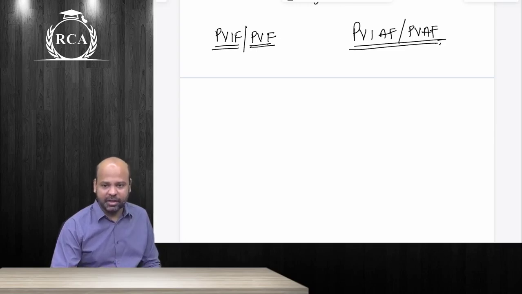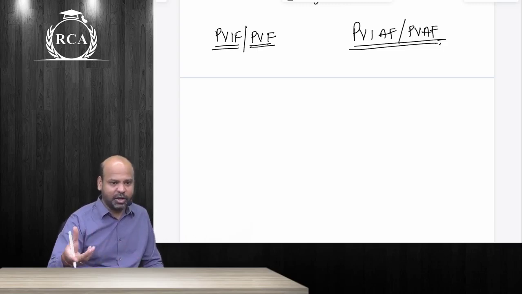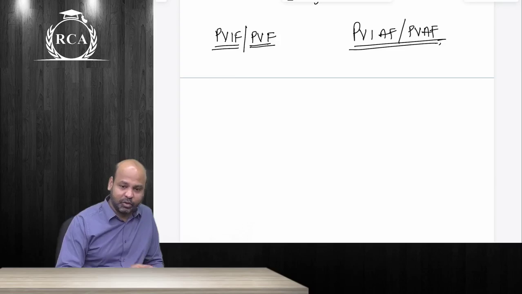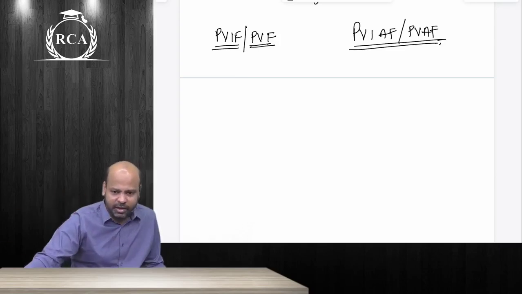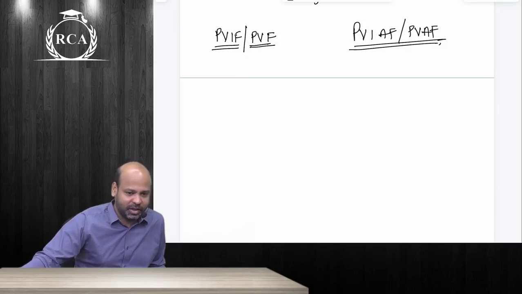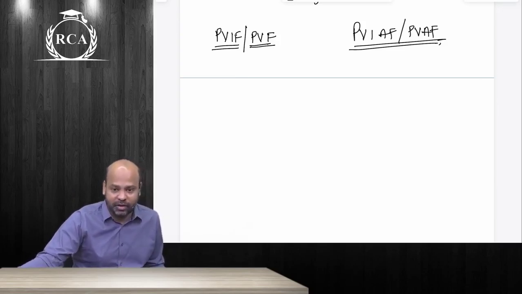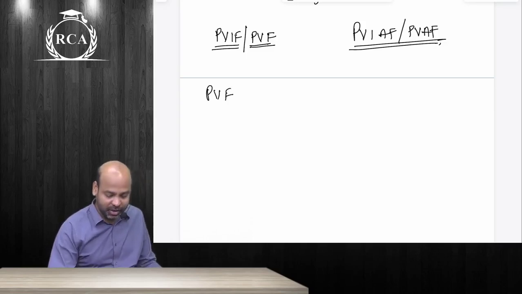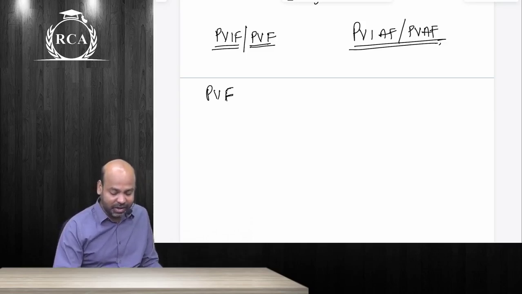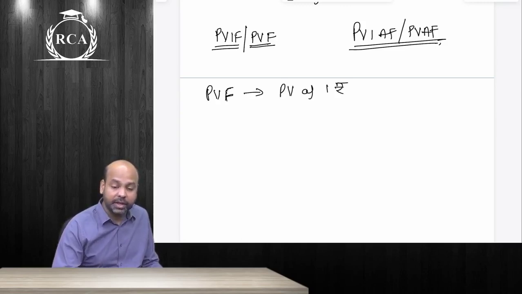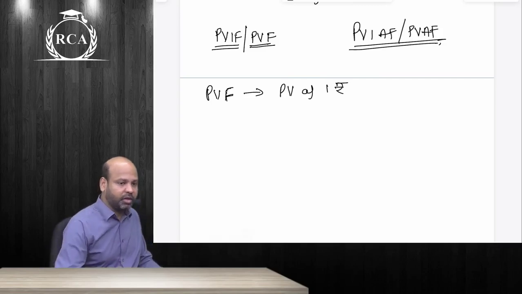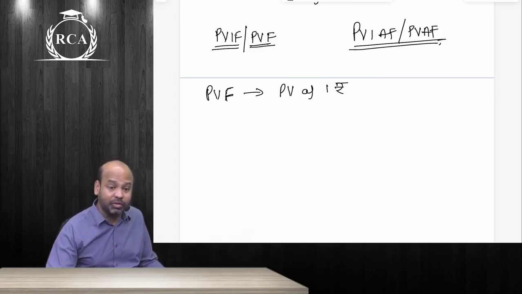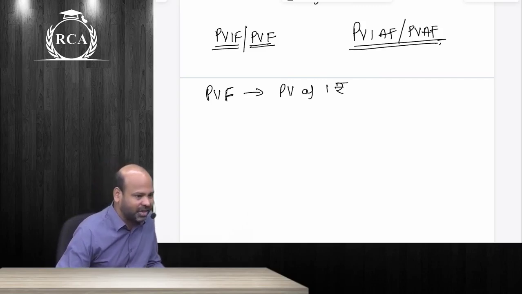It is a factor. If you multiply future value with present value factor, it will become present value. So that is why it is called that. See, when you say something is present value factor as such beta, you're supposed to multiply that to future value. That is why it will get converted into present value. The value of rupee 1. So when you say present value factor as such, guys, there is nothing but the present value of 1 rupee receivable on a later date. If you were to receive 1 rupee, say guys, after 4 years, what is the present value of that 1 rupee today will become your present value factor.